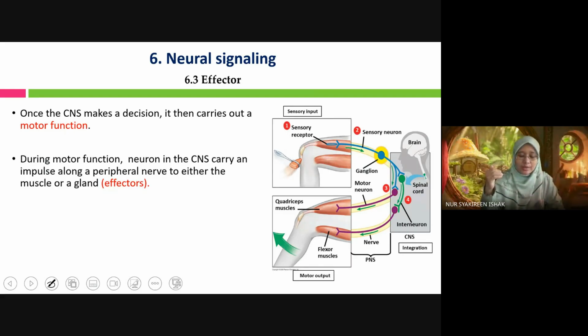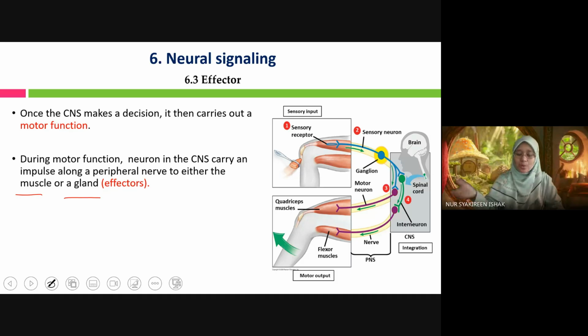During motor function, neurons in the central nervous system carry an impulse along a peripheral nerve to either the muscle or a gland, the effector. So if the neuron is connected to the muscle, it causes the muscle to contract. If the motor neuron is connected to a gland such as an endocrine gland, it causes the endocrine